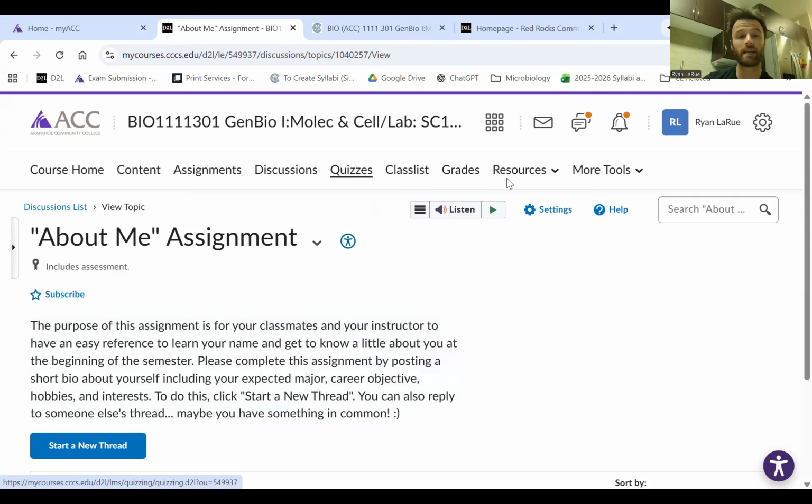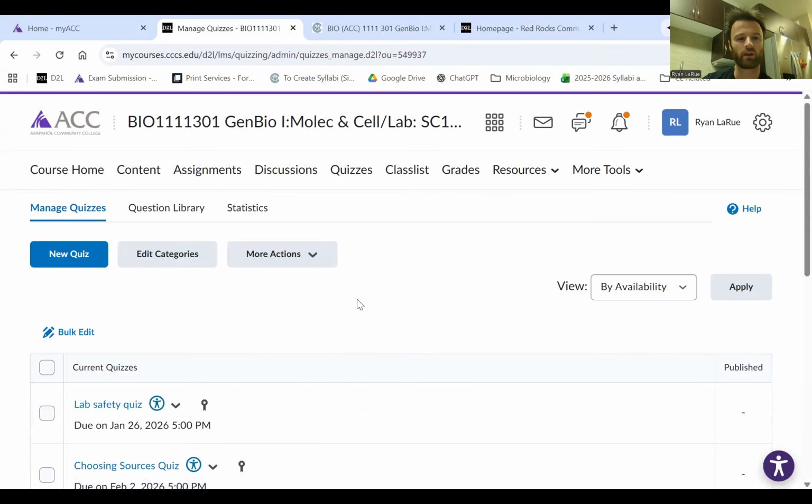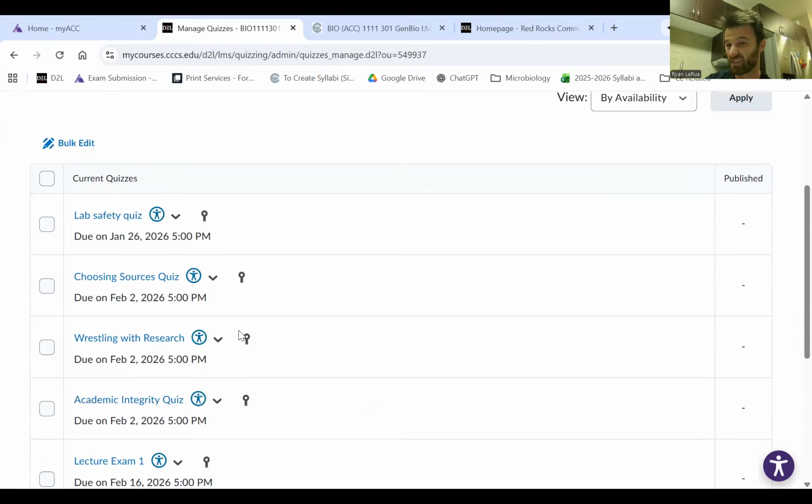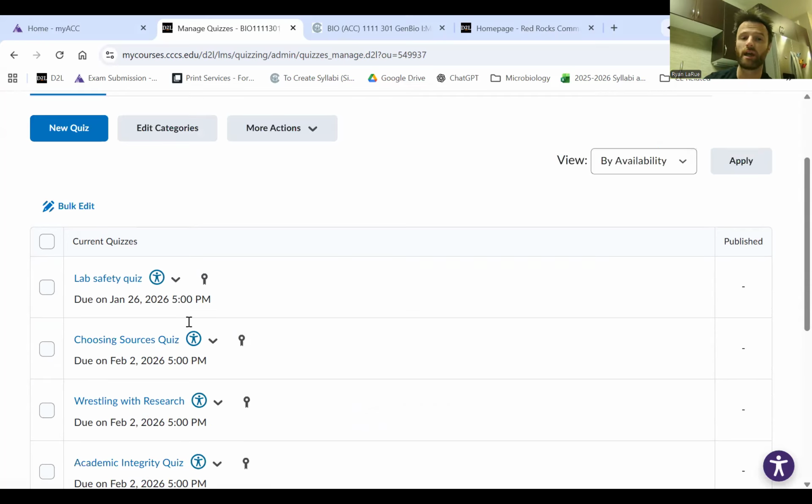And then the last thing really is quizzes. So I'm going to show you quizzes here. This is where you access all of your quizzes, which there are 4 of, technically, in the beginning of the semester. I think we'll look at the schedule next. I think that'd be a good call for when they're due and all this.